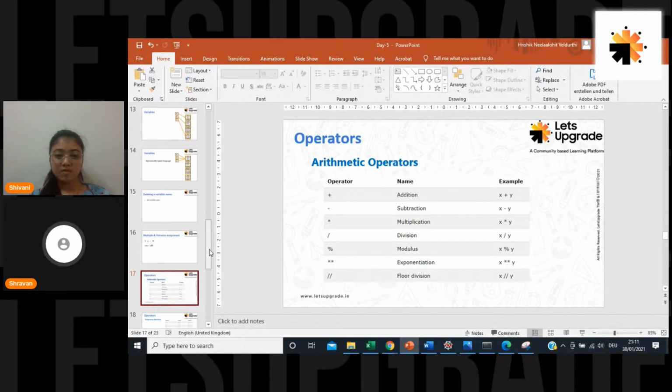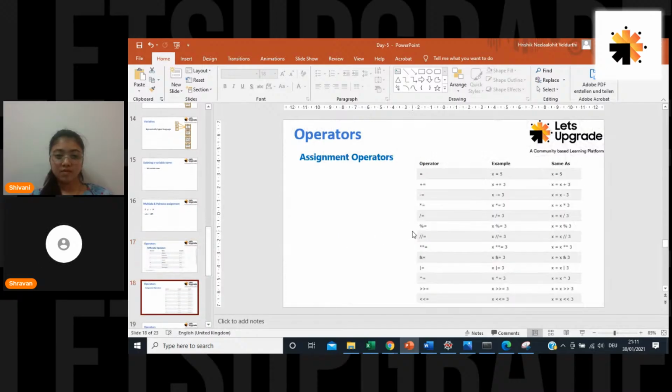But before I go there, I will just try to explain. There are some assignment operations. The assignment operator is equal to, and a few things here people can see. Suppose I want to do addition on the same element; instead of writing A is equal to A plus 5, I can just go ahead and do something like plus equals 6.